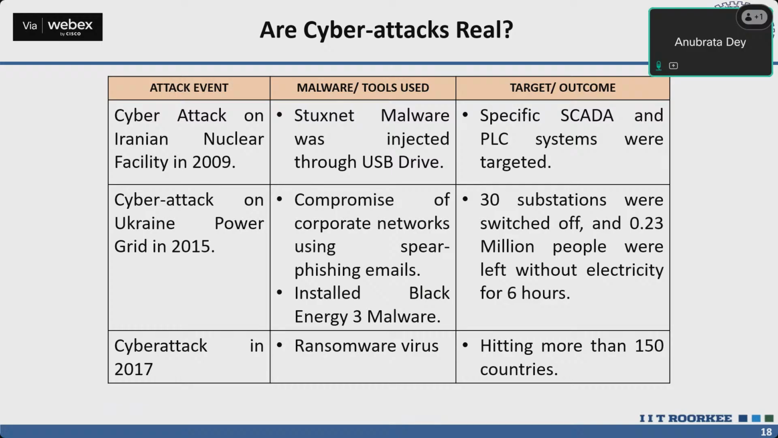There was an article available on Google; you can go through it. Then the next attack was on the Ukrainian power system. It was in December 2015, and this attack was done by spear phishing emails. Someone sent emails, and they injected the BlackEnergy 3 malware. You can again go through